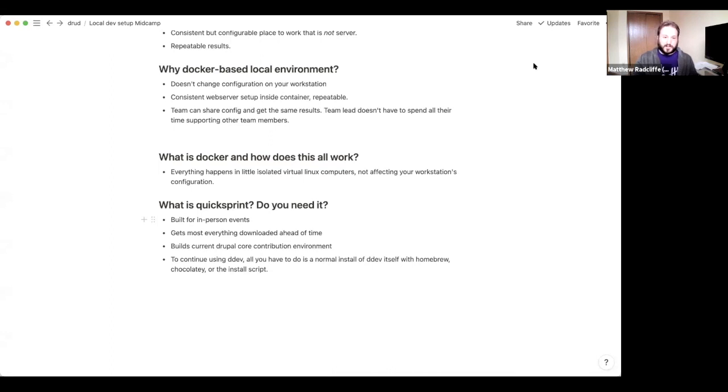But if you're deploying to a Kubernetes or container-based environment, then it probably makes more sense to switch over to something similar, so you have that repeatability and the consistency between your local and remote environments. So what that means is when you make a change locally, you have a very high expectation that that change is going to work in production or stage or development or whatever.